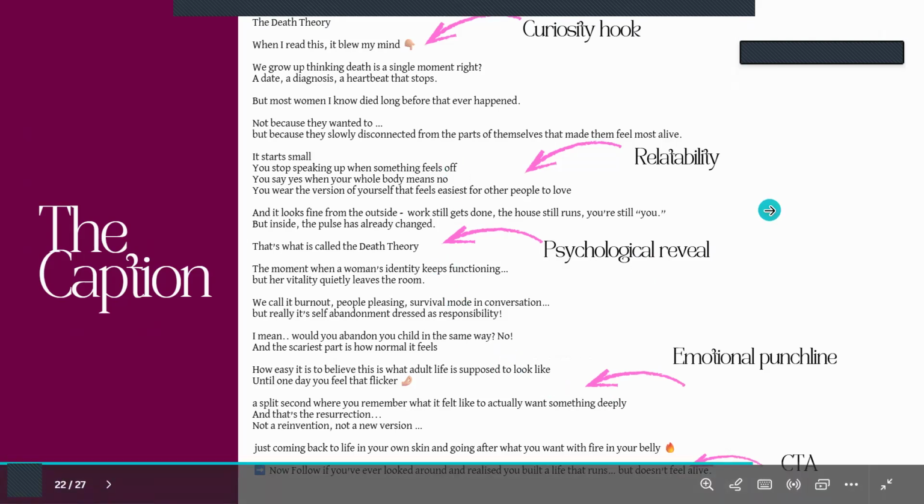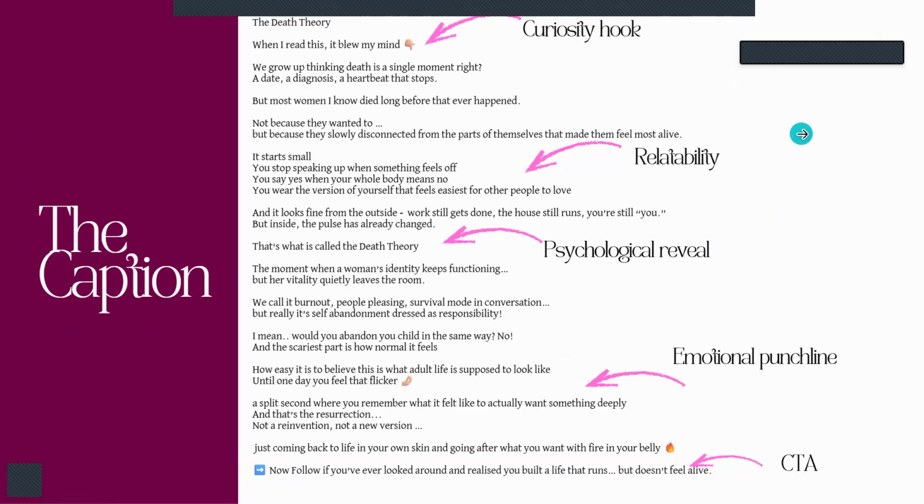If I was putting this out to my existing warm audience, I would never do this, because you would think, oh, it's a bit robotic, following the same formula. I start nearly all of them with something like, when I read this, it blew my mind, or I was never the same since, or something really dramatic, because you want to start with a curiosity hook, even at the beginning of your caption.